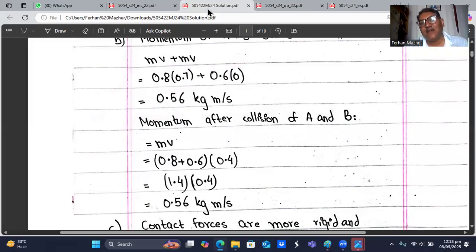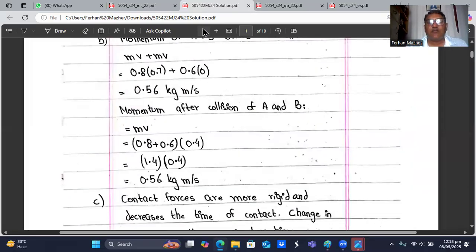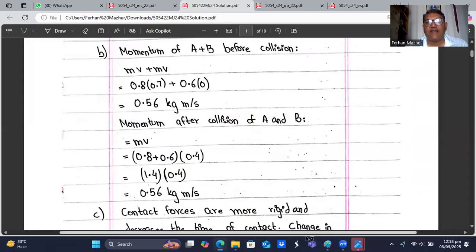So you can see here clearly our calculations are showing that the momentum before the collision and the